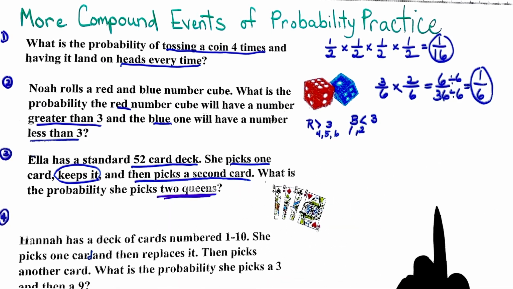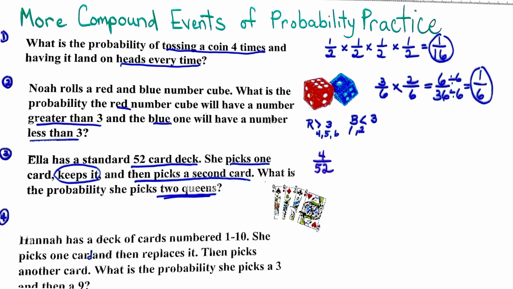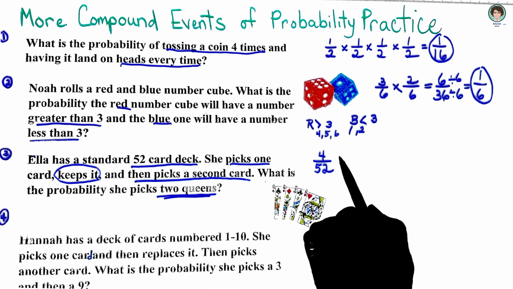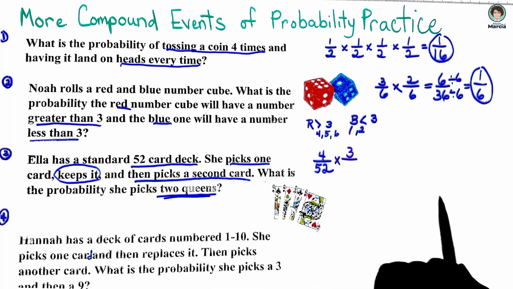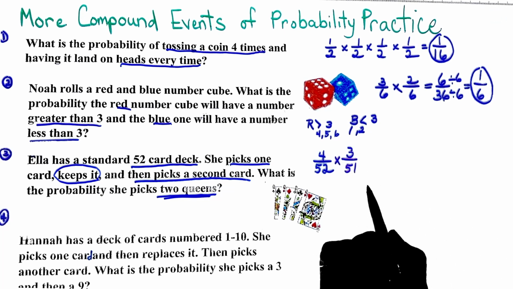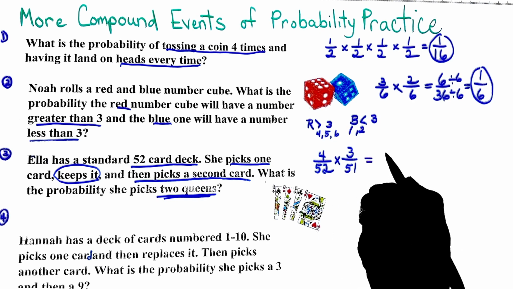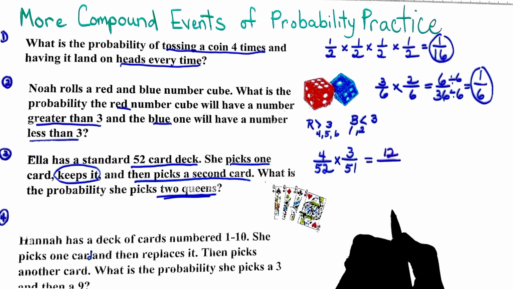Yep, and there are my queens for my cards. So I know that there are 4 queens in every deck. So I am going to write 4 over 52, and that is for my very first pick. But remember, Ella keeps it. She doesn't put it back into the deck of cards. So now we have 3 queens left, and we only have 51 cards. So when I'm looking at that, I'm going to multiply straight across because you really can't simplify, and you do get a big number. It's 4 times 3 is 12, and on the bottom, you get